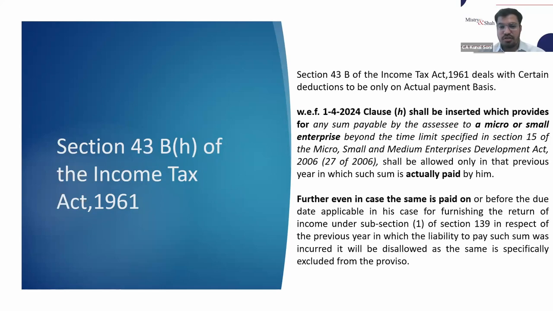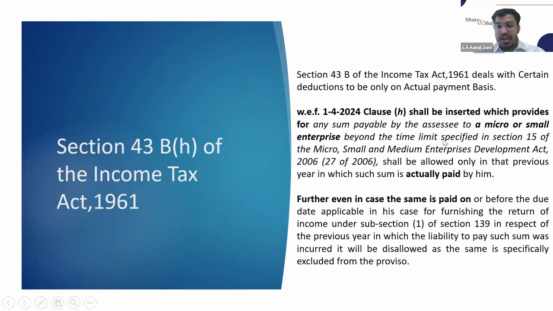So what does it provide for? It provides that any sum payable by the assessee to a micro or small enterprise. Now see, again, the point to be highlighted is that MSME includes micro, small, as well as medium enterprises. However, this particular clause, clause H, is applicable only to micro and small enterprises. We would further go into the definition of what is micro and what is small. That also we would look into. But it is not that this provision is applicable to all MSMEs. So the first thing is it is applicable only to micro and small enterprises, and